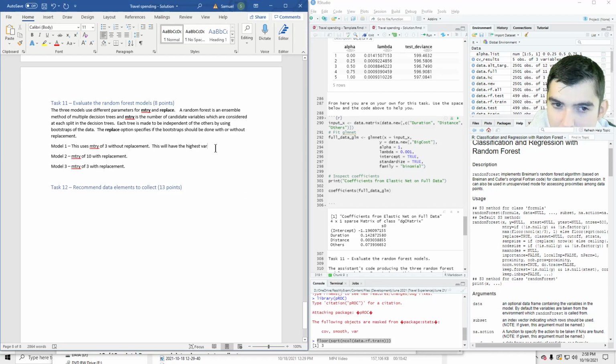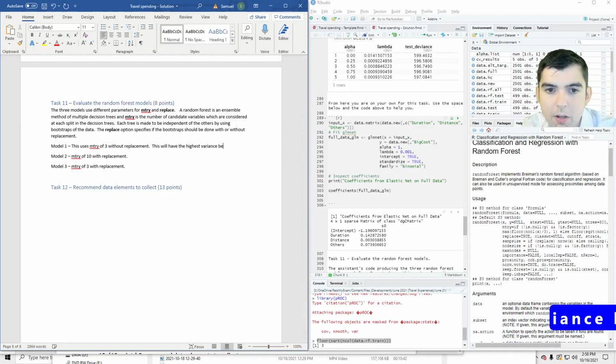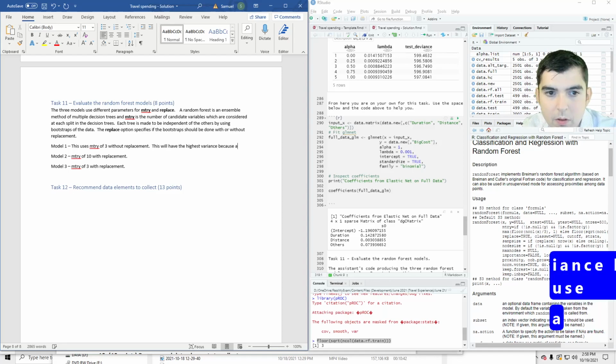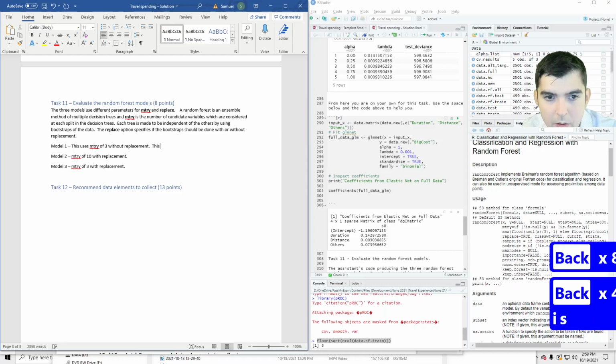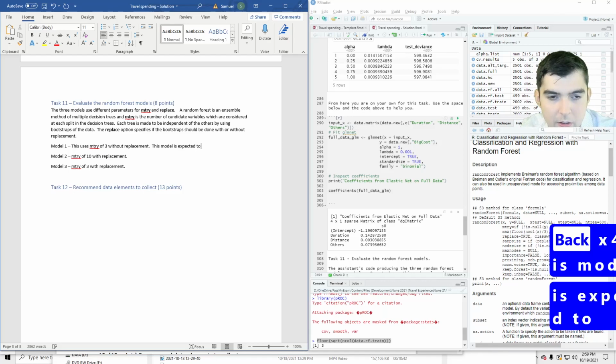So I think when you have more, this model will have the highest variance because a low variable, because this model is expected to have